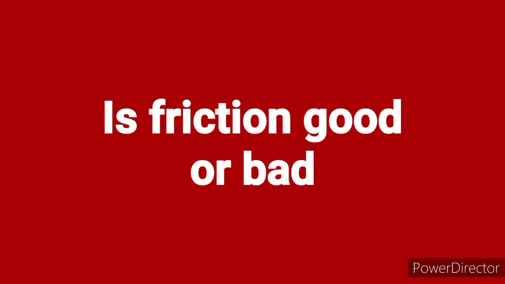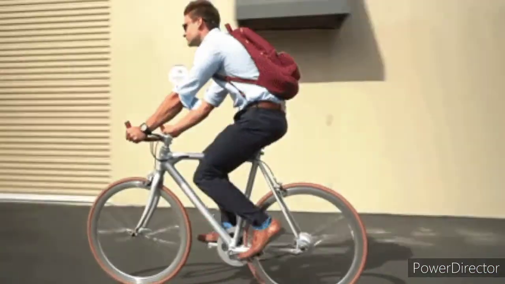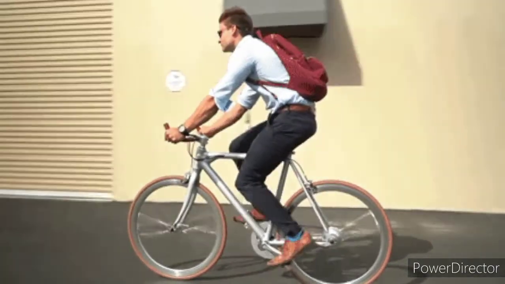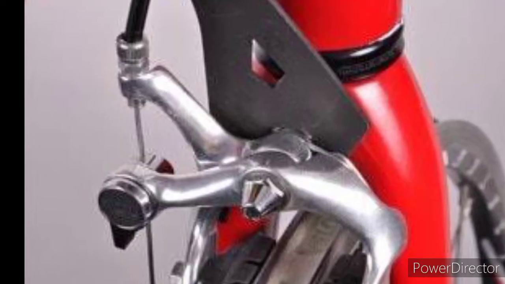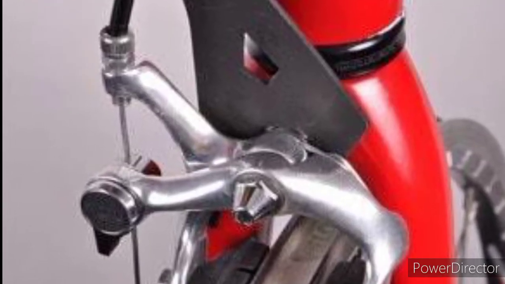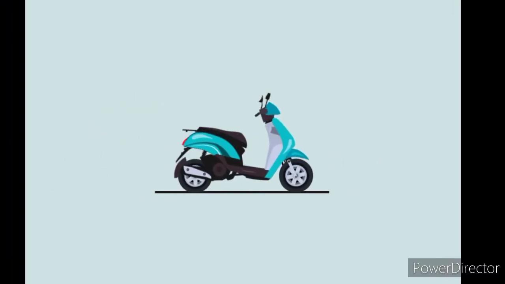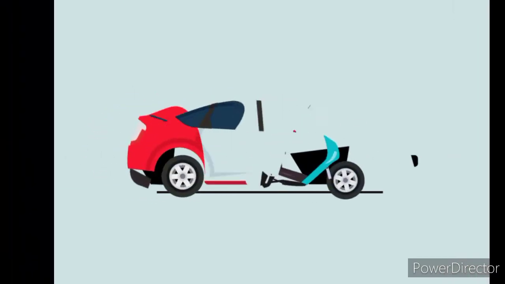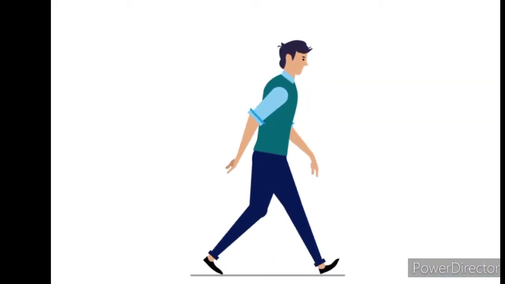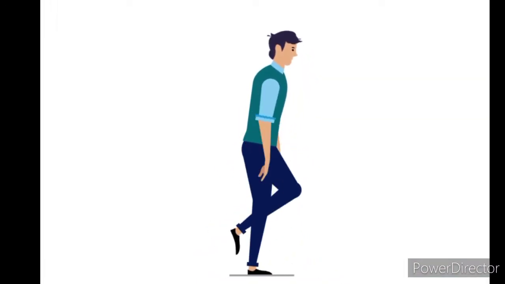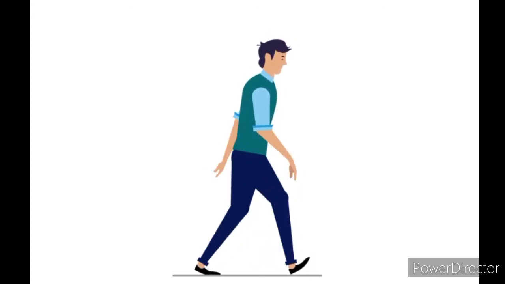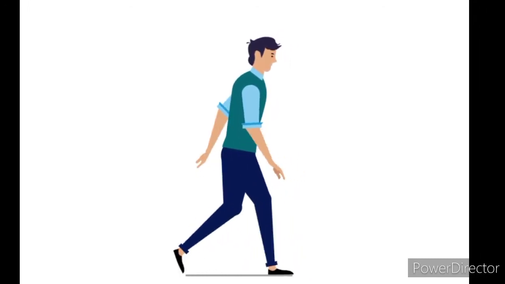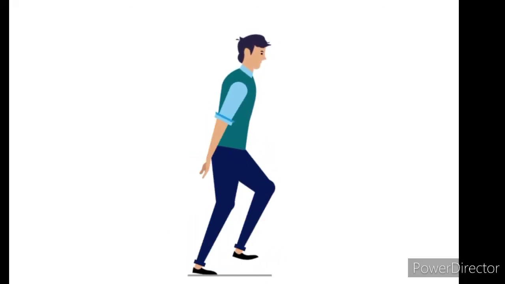Is friction good or bad? Friction is both good and bad. Why? Friction is good because without friction, this bicycle brake will fail. It is friction that enables this bicycle to move and the brakes of the bicycle to also hold when needed. The same thing with our car. Without friction, if we are driving, we cannot easily hold the brake. Then when we are walking, it's friction that enables us not to slide and fall down over and over. It's because our foot exerts friction with the